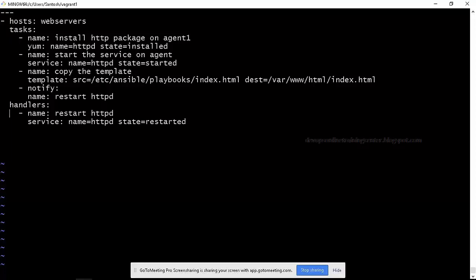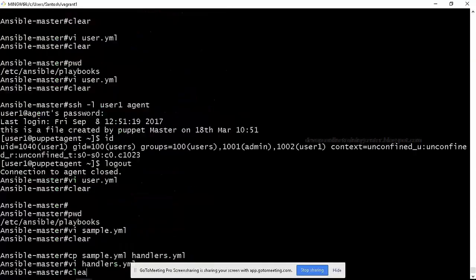You give the service name restart in two places, in the main task section and the handler section. Is it okay? Right. That is because this notify keyword will notify the handler if there is any change. If there is no change, it will not notify, right? So notify will notify restart HTTPD. What is restart HTTPD? I define it here. So when restart HTTPD is called, this task will happen. Clear? You'll get more idea when we execute this.